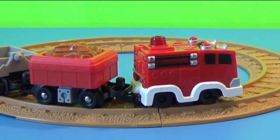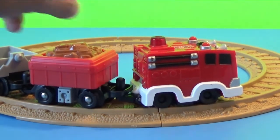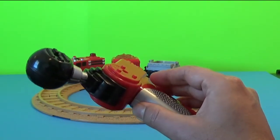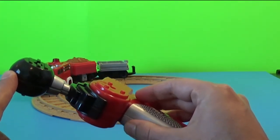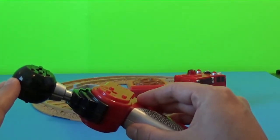Once we have that set up, I can just go ahead and hit this red button to activate the train, and the light will come on the top of the train. And this train set comes with a remote control which helps you to drive the train. And if you want to stop the train, you can just go